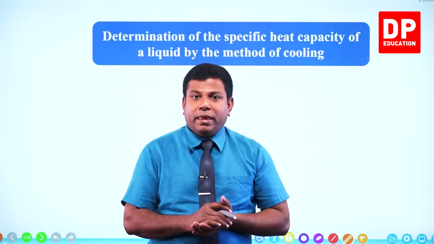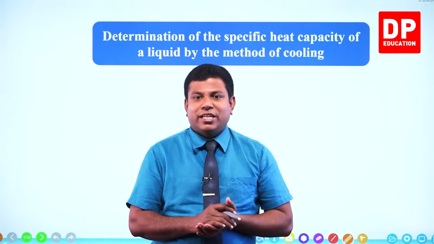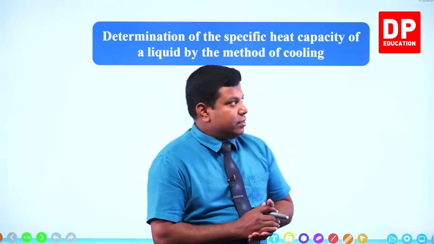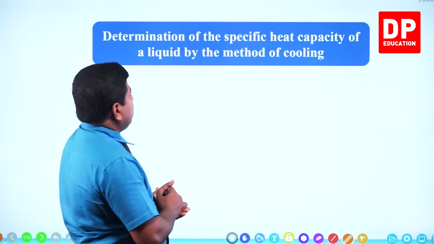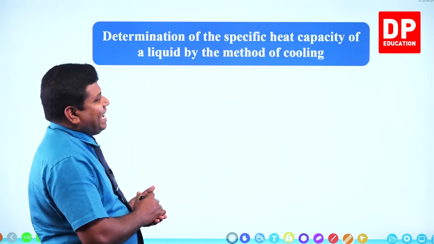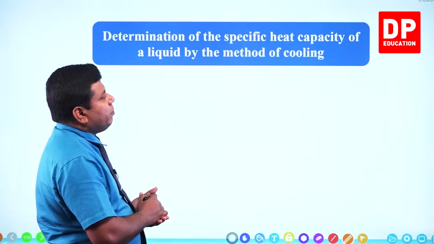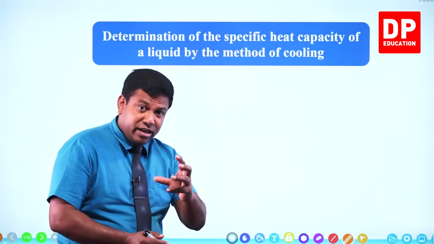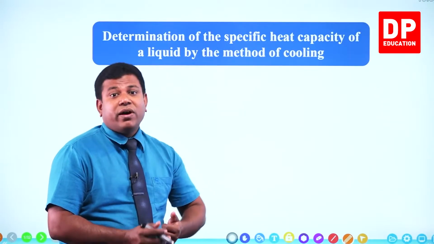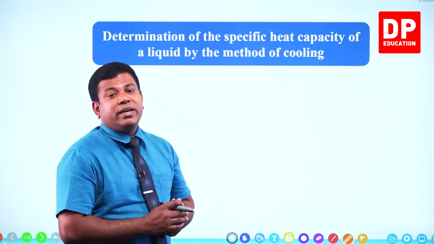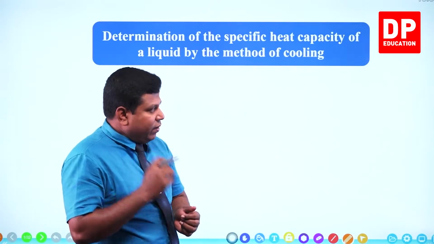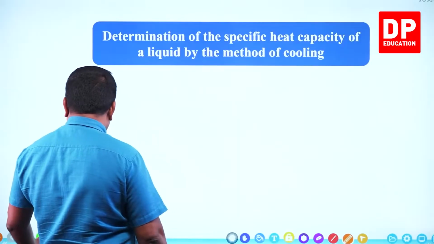Dear students, in physics, in the section heat, now we are going to see another interesting experiment. See what it is. Determination of the specific heat capacity of a liquid by method of cooling. We are going to use the method of cooling to find the specific heat capacity of an unknown liquid. First, try to understand the concept. What we are going to do here,